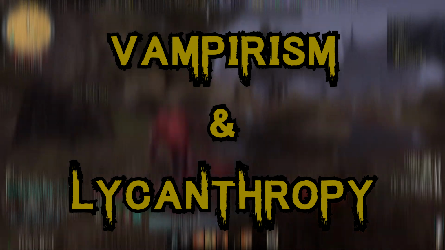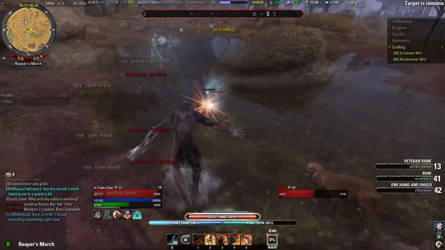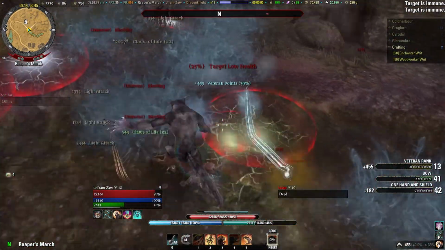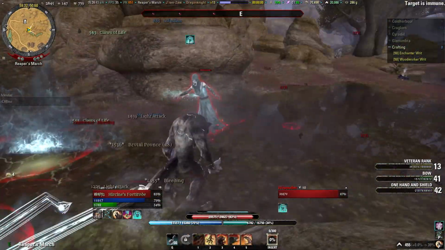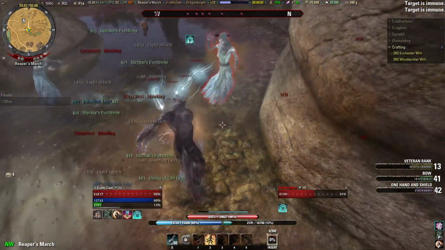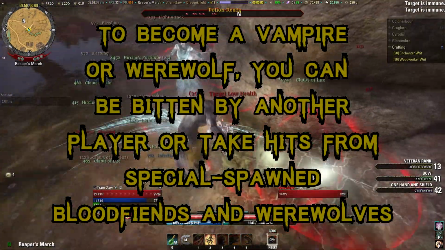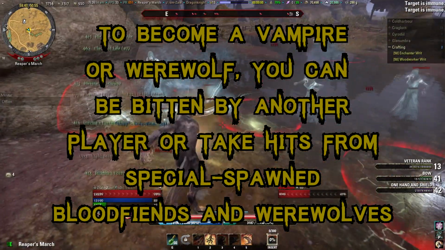And finally, number 5, vampirism and lycanthropy. Now, the thing about these two is, first of all, you have to complete a quest to properly become a vampire or a werewolf. But before you do that, of course, you need to be afflicted with either vampirism or lycanthropy. To get infected by either of them, you can be bitten by another player, because when you become a vampire or a werewolf, you gain a passive skill when you level up enough that lets you infect another player